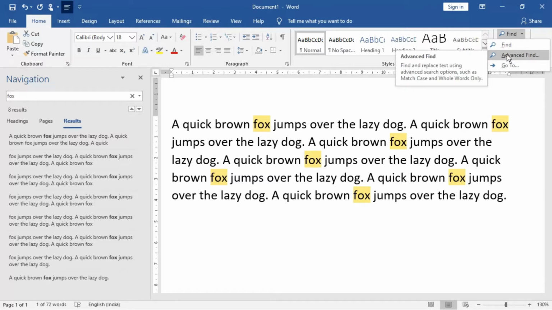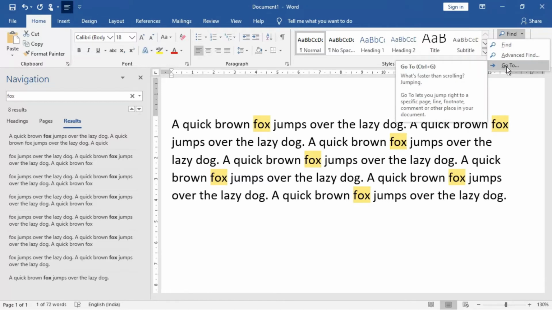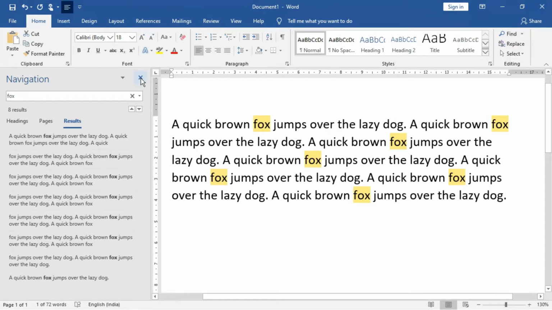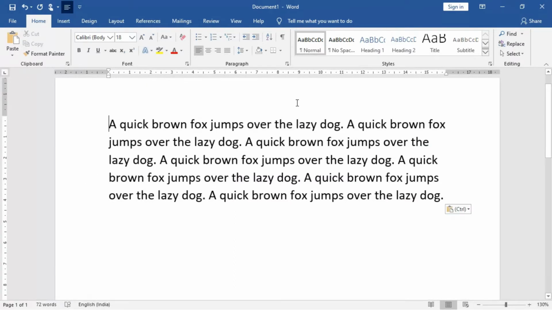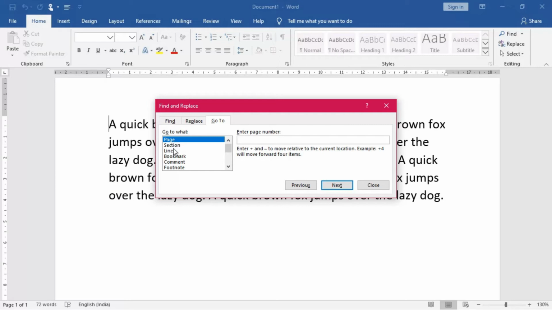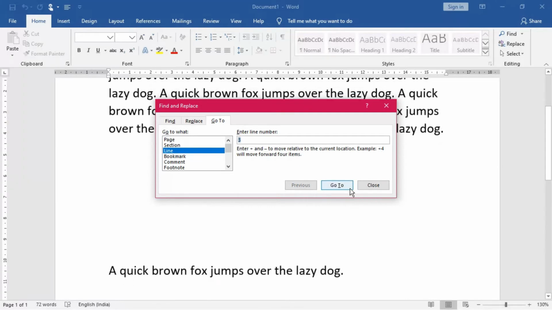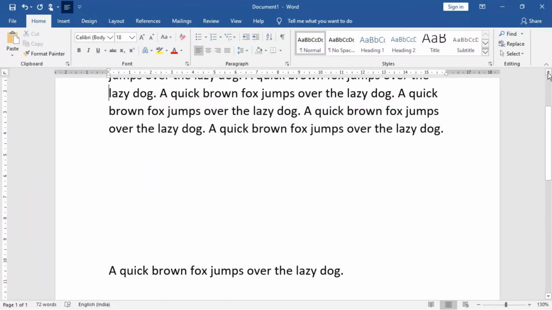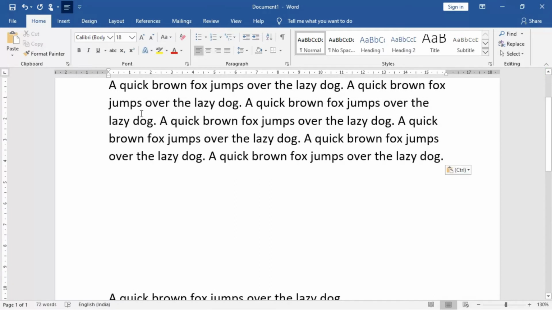You can do the advanced find also, and we can do the go to also. Go to, the keyboard shortcut is Control G. If you click on go to, then what will happen? Let me close this once again and do it again. So find, and I'm going to go to. Go to means if you want to go to a page or section anywhere, you can go to a line and so on. Suppose I'm giving line number 3. Then what will happen? You see here, go to. So I have come down to line number 3. See, my cursor is over here, which is line number 3, 1, 2 and 3 as well. That is the way. Actually that's very easy, and Control G is the shortcut.